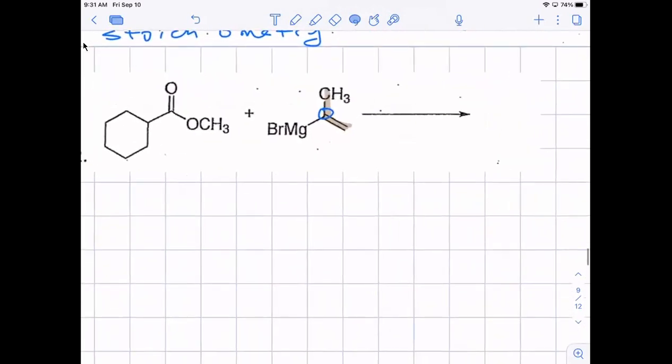So if I put the arrows in, and this is important because again, you're going to get a tetrahedral intermediate, but it's going to look a little bit different from what you're used to seeing. Right? So the tetrahedral intermediate is going to look like,